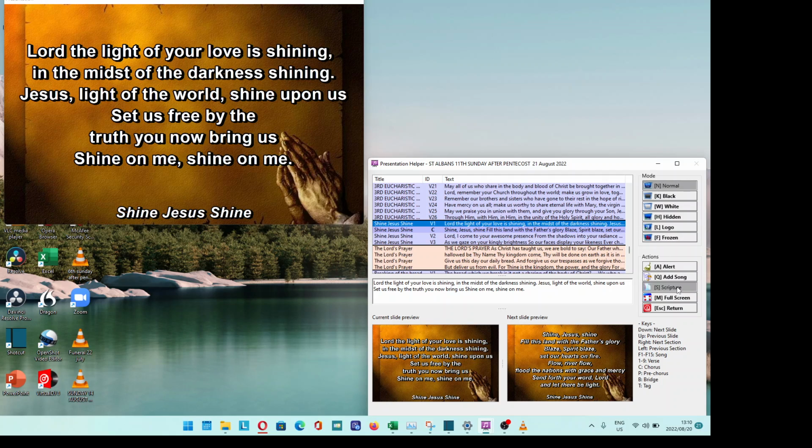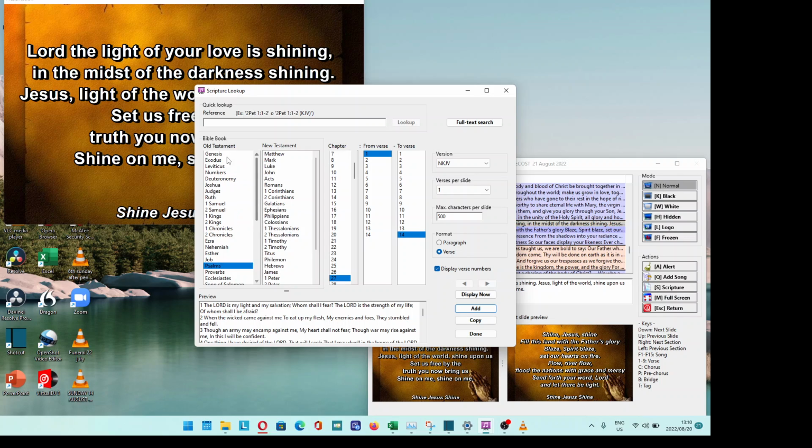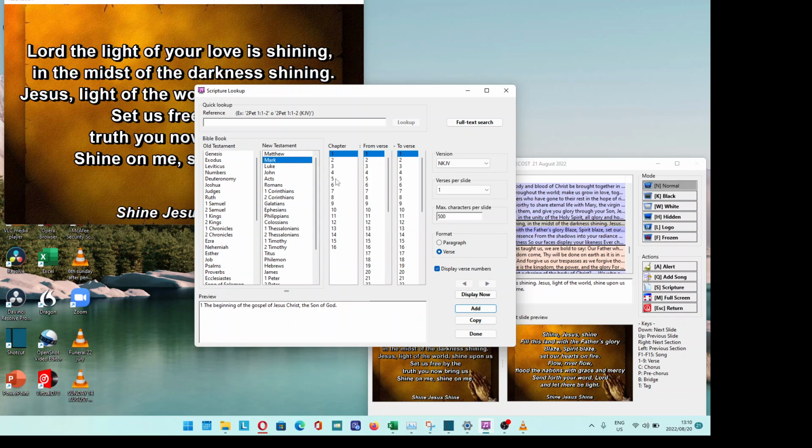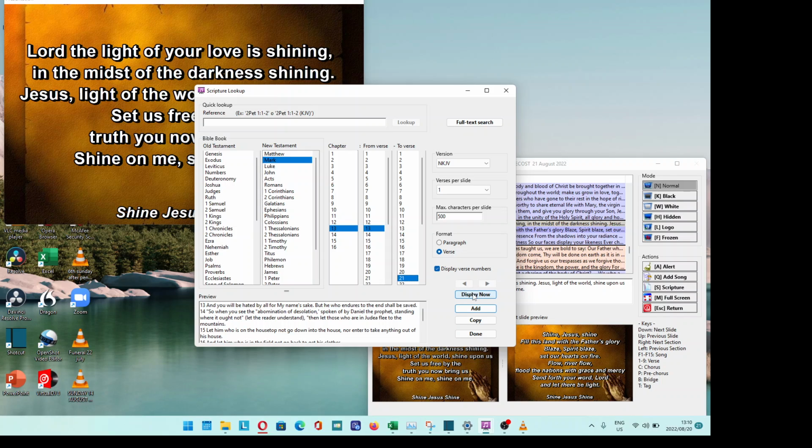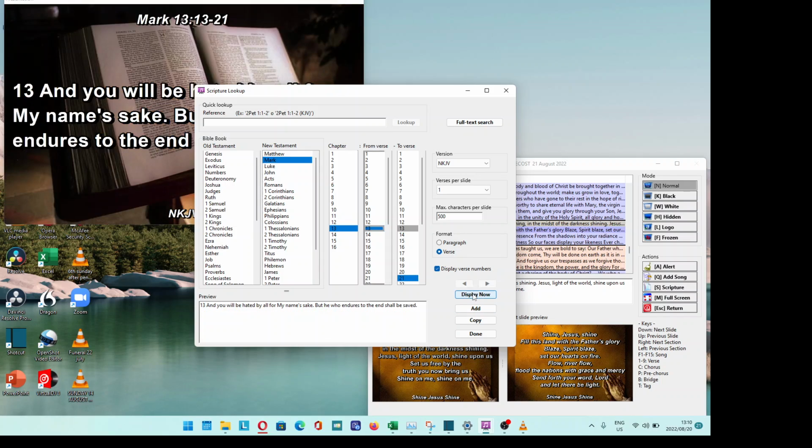Similarly, for scripture, you click on the S, and you'll note that the scripture comes up here, Old Testament or New Testament, and you note that it's chapter from verse to verse. So for example, if you have chapter 13 of the Gospel according to St. Mark, beginning at the 13th verse and ending at verse 21, that would be the items that you add. And then you click display now, which will immediately display the item on screen, which will be the first item